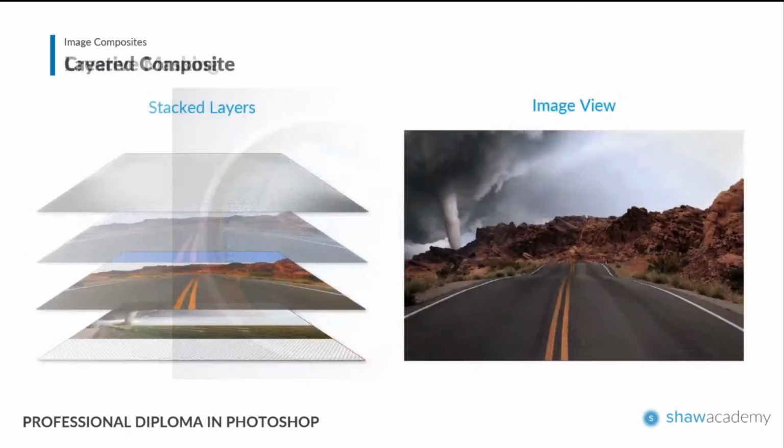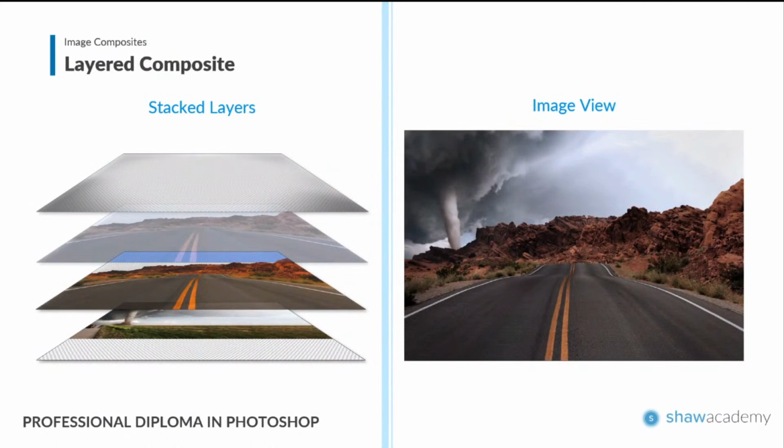Then we also have what are known as layered composites, and this is something we've seen before already, where we're using multiple layers together to create one final image. As you can see here in this instance, there's 4 layers that have been used. We have our background image, which is the tornado, the sky in this case. We also have our road. We have a variation on the road. This is basically a lighter